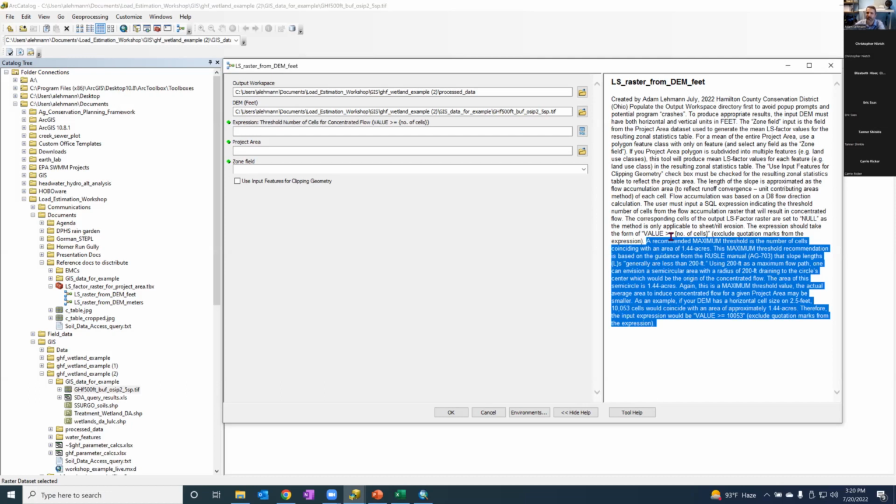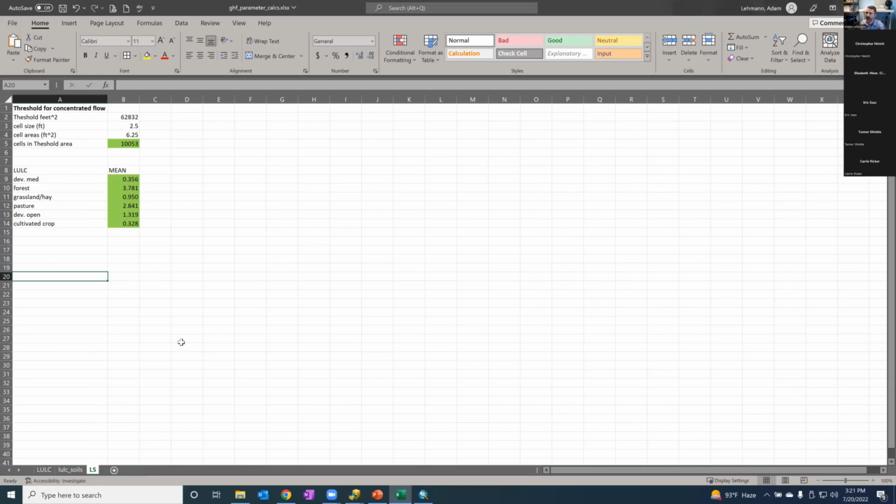The way I envision this, because we have to take that slope length and turn it into an area, I'm picturing a semicircle with a radius of 200 feet. The center of that circle is where concentrated flow begins, and we have a watershed shaped like half a circle. So we calculate the area of a semicircle of 200 feet. We can go to our spreadsheet, go to LS, and do that. It's 1/2 pi r squared, where r is 200 feet. So 1/2 pi times 200 feet squared gives us the number of square feet that we are going to say will create